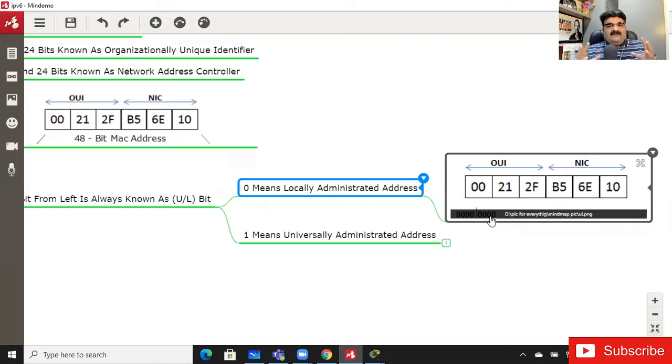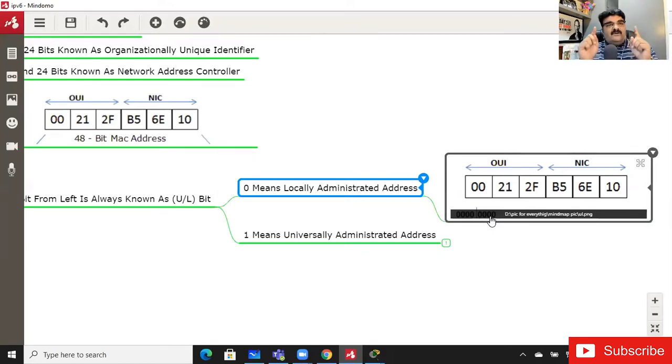If you verify the MAC address of your laptop, the 7th bit is always 0, because a physical NIC is always considered a locally administered address.